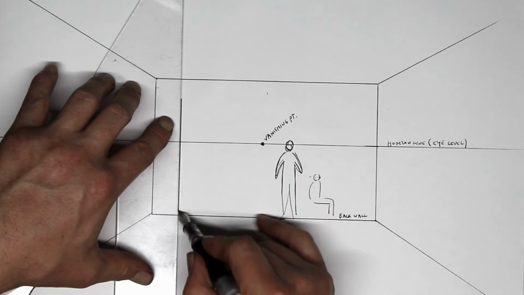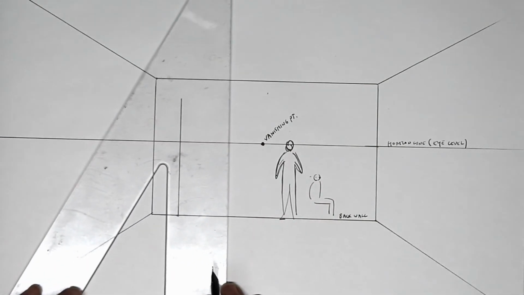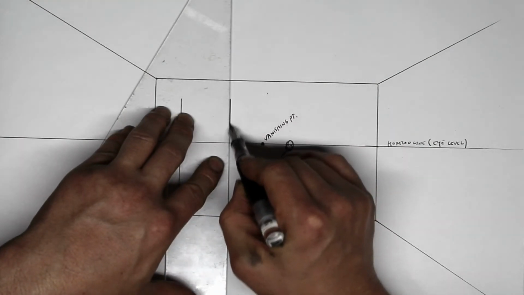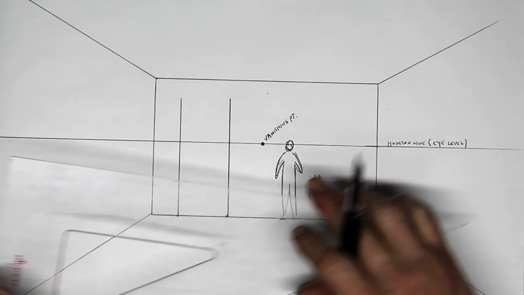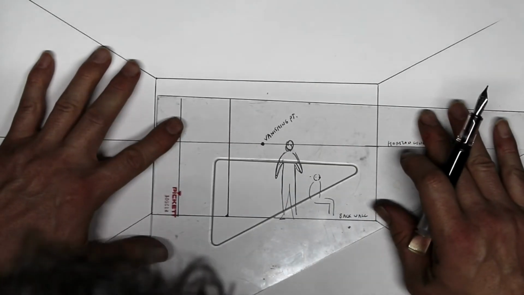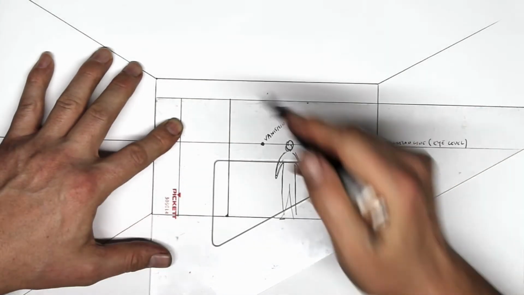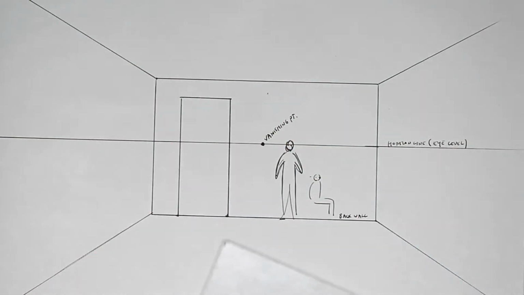that represents a doorway. So here's one side, here's another side, let's draw the top of the doorway. Again, every time I'm drawing a vertical or horizontal line, I'm using my right angle. Do not eyeball this. Don't try to freehand this. This is more technical drawing than it is freehand. Okay, we've got something that looks like a door,